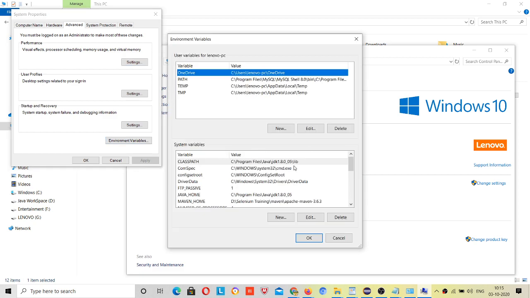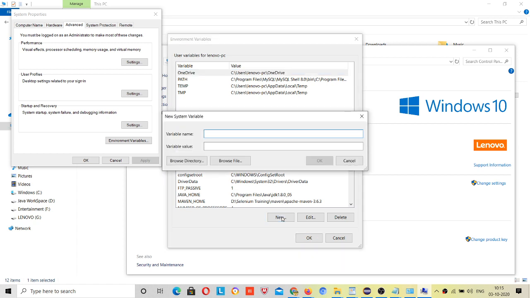Now see, once Environment Variables is open, there are two sections, first this and second this. All setups related to path and home versions, you need to do in this second one, okay. Click on New and type here MAVEN_HOME, okay. Once you have typed it, you have to paste a variable value for it.